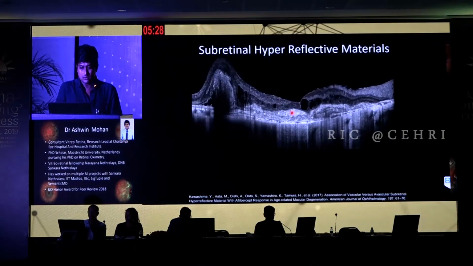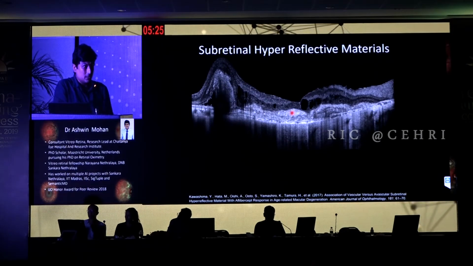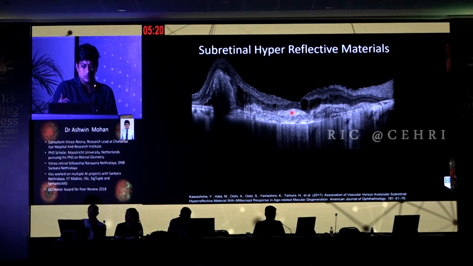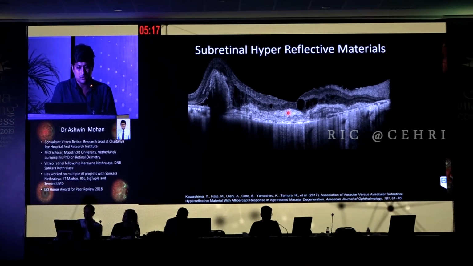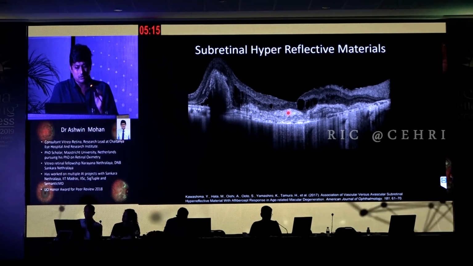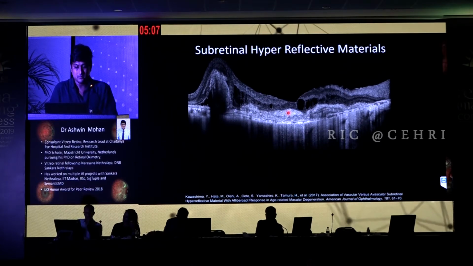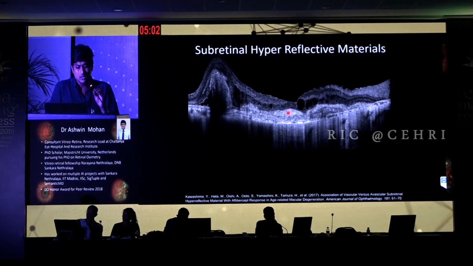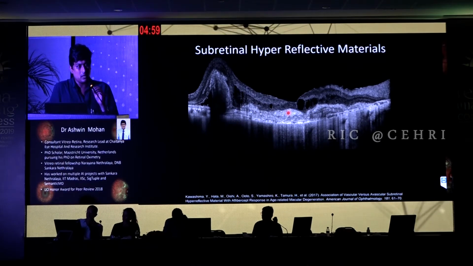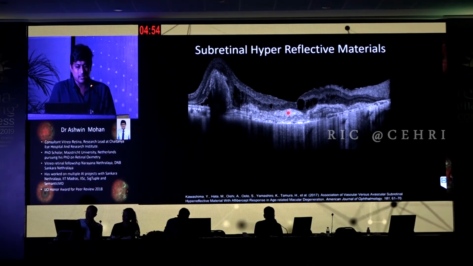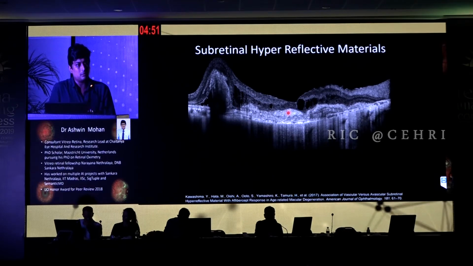And when I thought back, if I were to study this OCT and comment on it, I'll generally start with speaking about the vitreous, then the vitreomacular interface, the foveal contour, the retinal architecture, and then I'll say that there's the presence of hyperreflective material subretinally with distinct borders, and also a bit of hyperreflectivity from the RPE, and not much back shadowing. So I then wondered, why do we need this term? Why do we need to coin a term when we have always described it as a hyperreflective substance